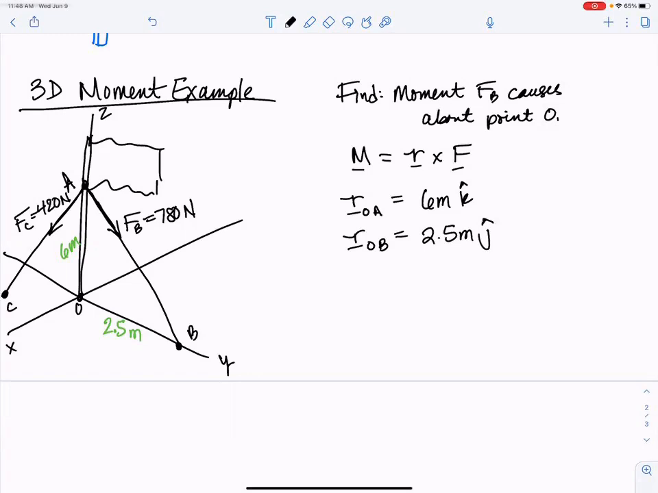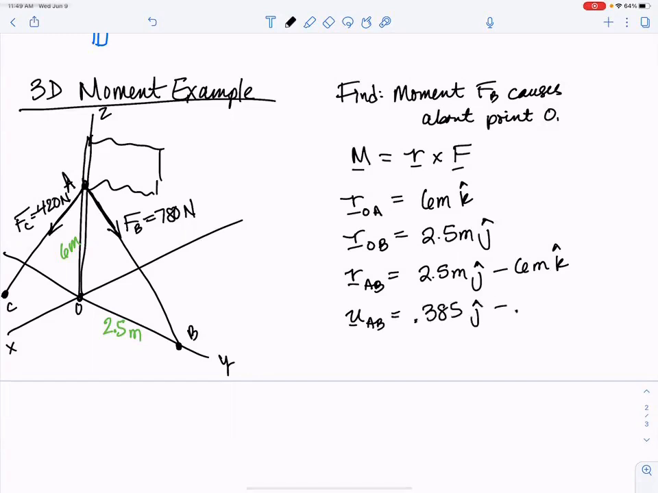We also need a vector for our force. The force goes from A to B. So let's start with a position vector from A to B. To get from A to B, I've got to go 2.5 meters in the J direction minus 6 meters in the K direction. First, convert that into a unit vector. So to do that, I have to divide out the length. The length is square root of 2.5 squared plus 6 squared. And so once I divide out that length, I get